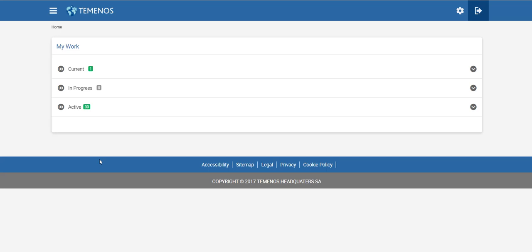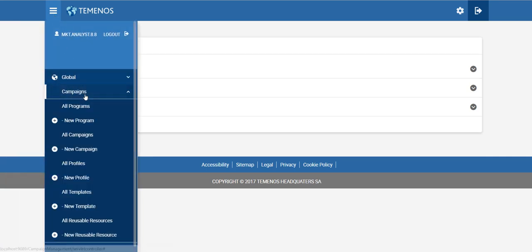So in the digital engagement campaign management user interface, I've got my dashboard here. I can see my existing active and current campaigns. I'm going to have a look at creating a brand new campaign and create this new campaign